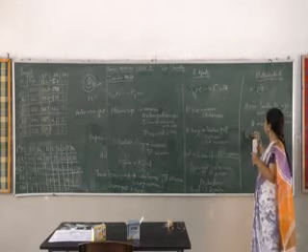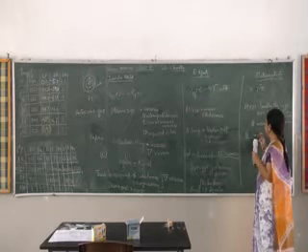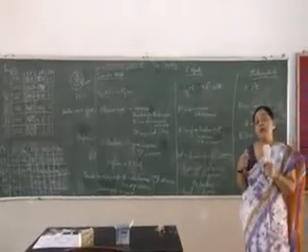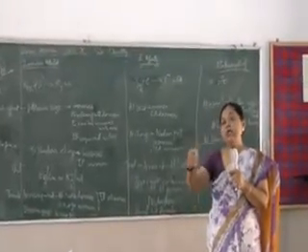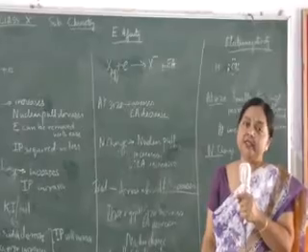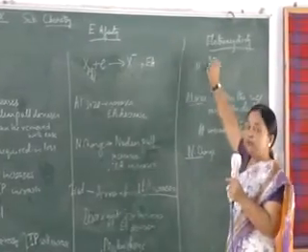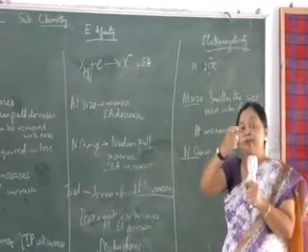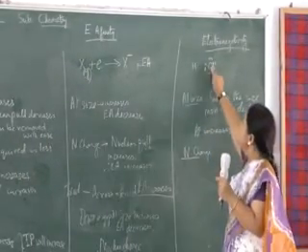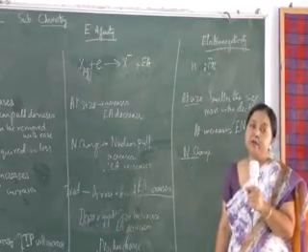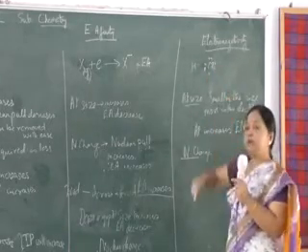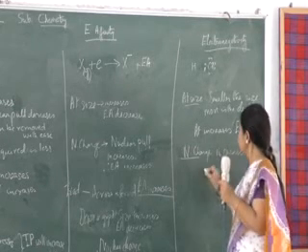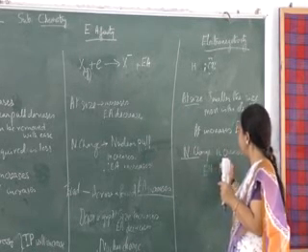Nuclear charge. The next factor is nuclear charge. As nuclear charge increases, the nucleus becomes more and more powerful, so it will be able to attract the shared pair of electrons towards itself. In this molecule, what is pulling that pair of electrons towards itself? The shared pair of electrons in the bond is being pulled by the nucleus of the electronegative element. So as the nucleus becomes powerful, as the nuclear charge increases, electronegativity also increases.